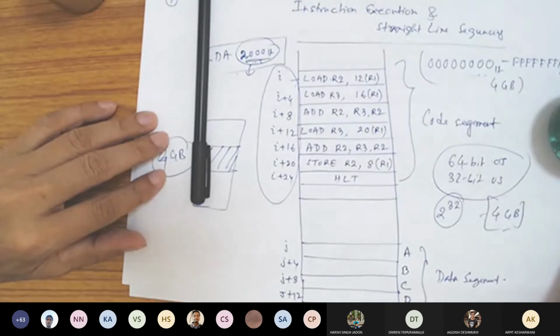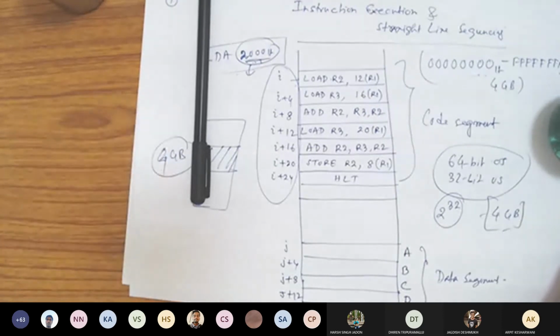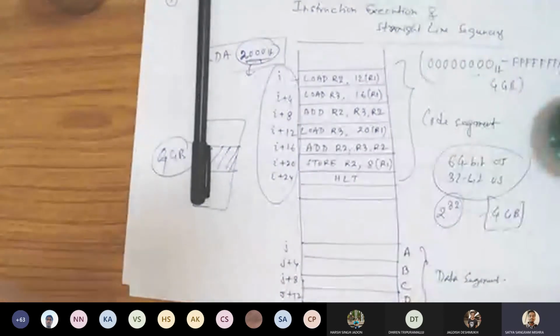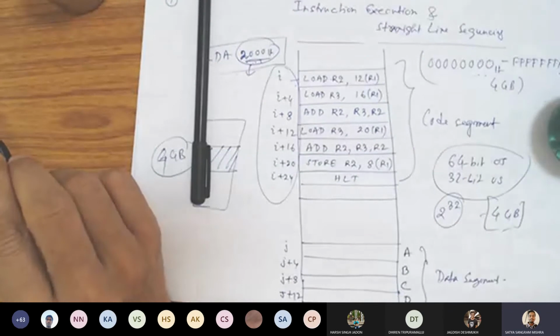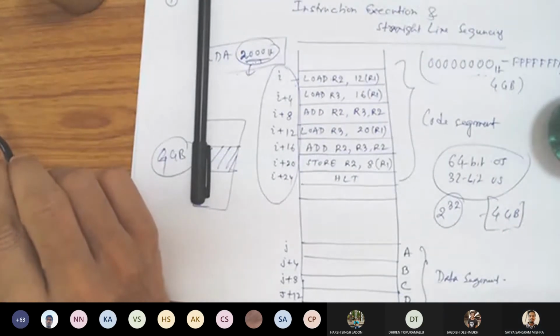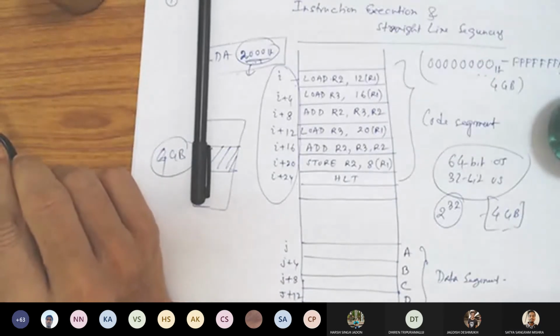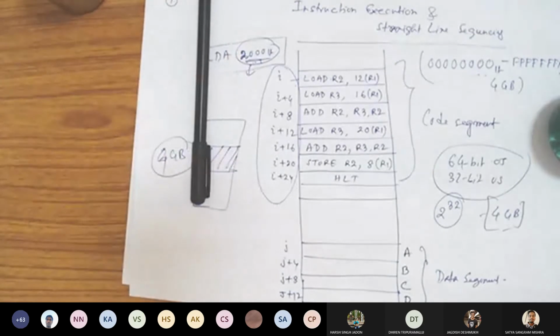Any doubt up to this point? Sir, here the logical address space is just a conceptual thing, or is it located somewhere, like in the secondary storage? It is not located. It is a concept only. It is only a conceptual thing. But every program generates the logical address. The conceptual thing is converted into numbers by the operating system. But when it gets executed, it is again converted to the physical address.